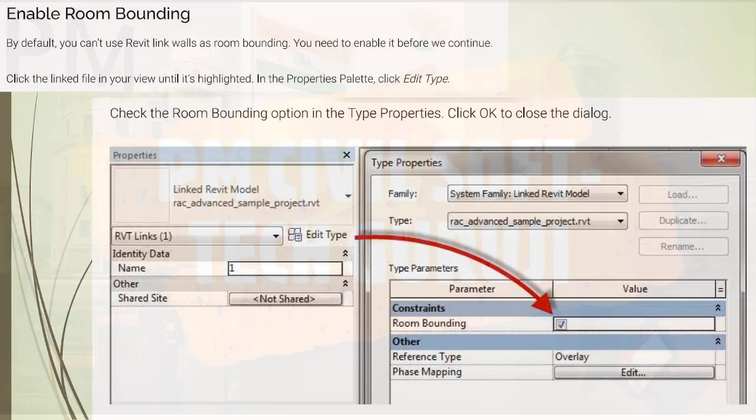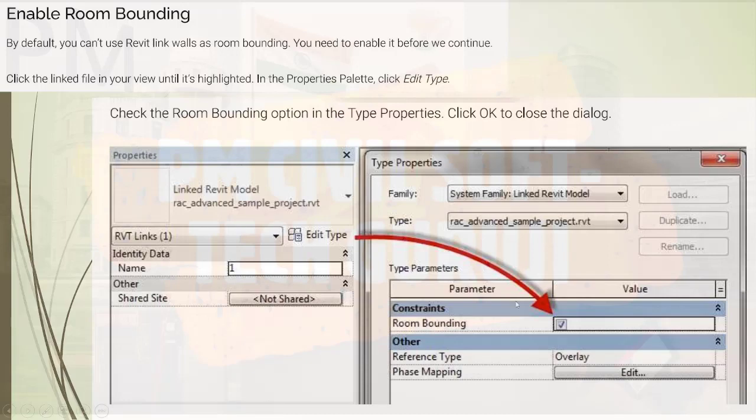Then enable room bounding. How to enable room bounding? By default, you can't use Revit link walls as room bounding. You need to enable it before we continue. Click the linked file in your view until it's highlighted. In the Properties palette, click Edit Type.